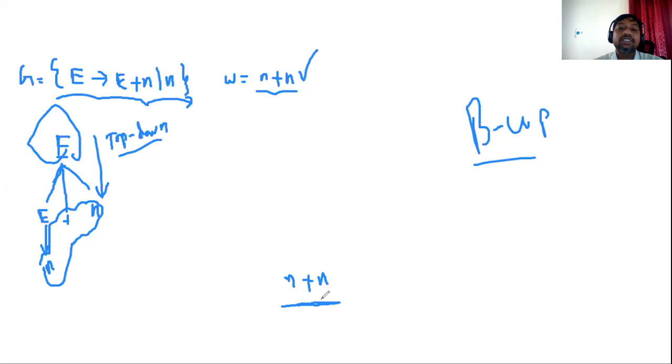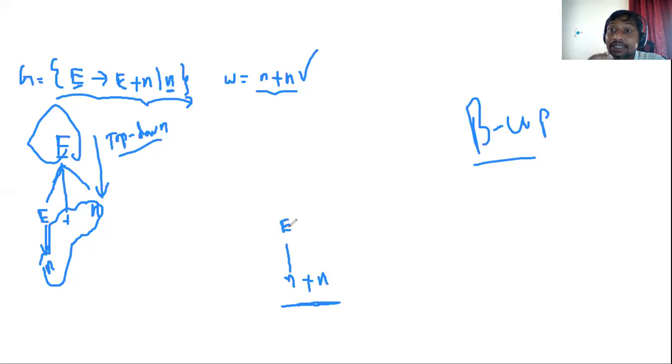Now see, I'm not considering the entire string, I'm considering only this portion, only this n. The first n exactly matches the right-hand side of the second rule. E derives n, there is a production rule E derives n, no? So what we have to do is reduce this n with E. This is my first step. I have identified a substring, n, that exactly matches one of the right-hand sides of the production rules.